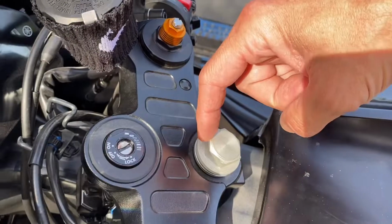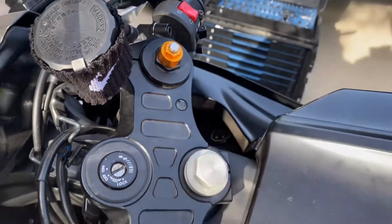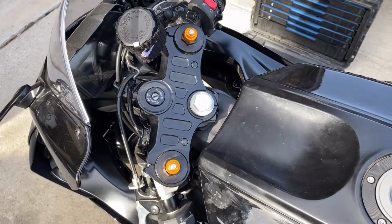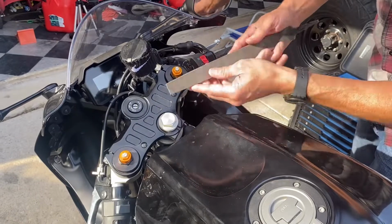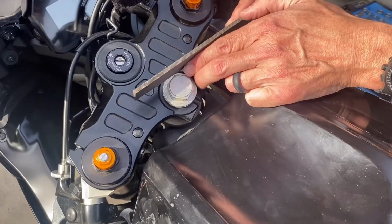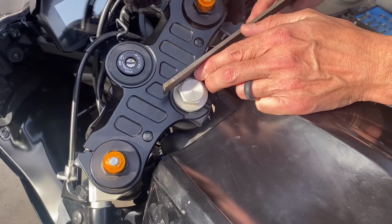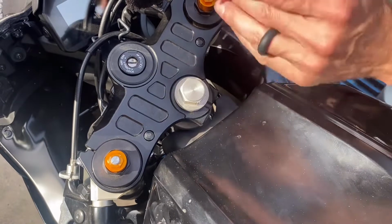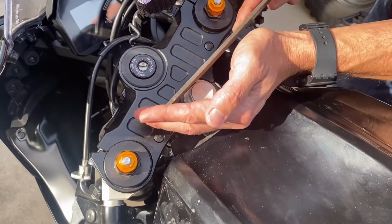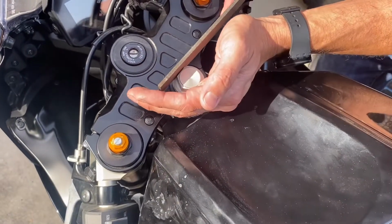Somebody tried to take this off with an adjustable wrench. So what we're going to do is we're going to file down these edges so we can get our 27mm socket on there. It's probably on there pretty good. All right, so we're going to carefully file these sharp edges just enough to where we can get that socket on there. Okay, oof, and we're going to be careful. Might be enough, but